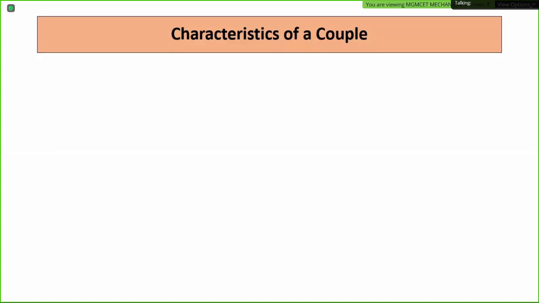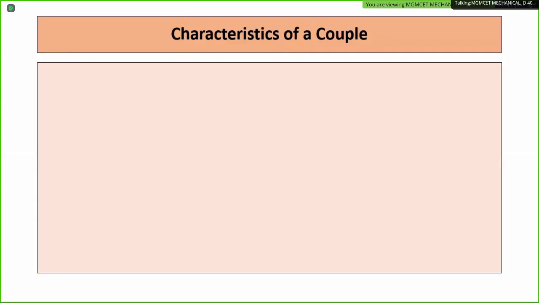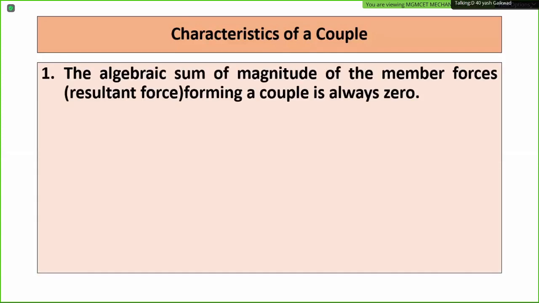Characteristics of the couple, a lot of characteristics we can explain here. So first मैं explain कर सकता हूँ. First characteristics of the couple is, couple से क्या होता है? Due to the couple acting on a body, what happens to the body? Rotation of the body. तो एक possibility हो, that is one of the characteristic of the couple. So couple causes rotation of the body. Okay. Next one. Algebraic sum of moment.